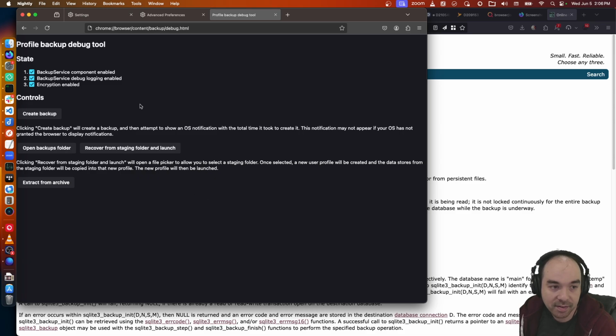And so for Firefox, we don't have a name for it yet. We're just calling it the Profile Backup Tool. It takes advantage of that, and of the fact that some things are flushed to disk atomically, like certain JSON files, and that we can just copy those files. That's fine. So let's create a backup right now.